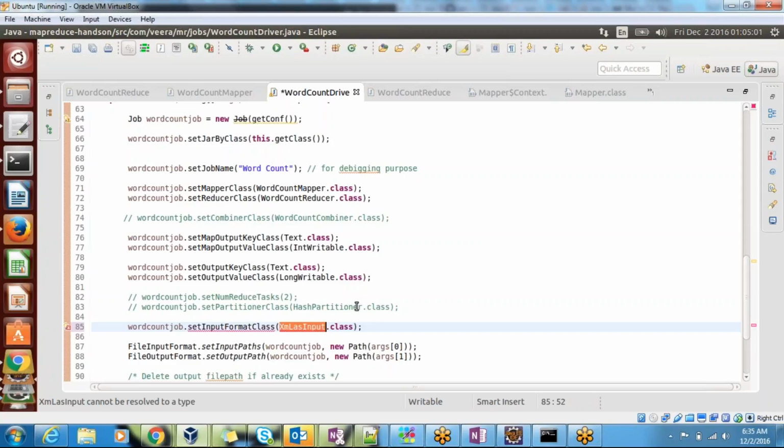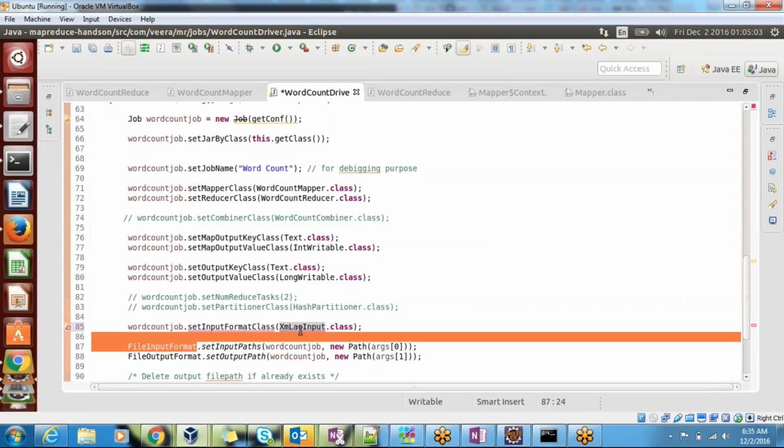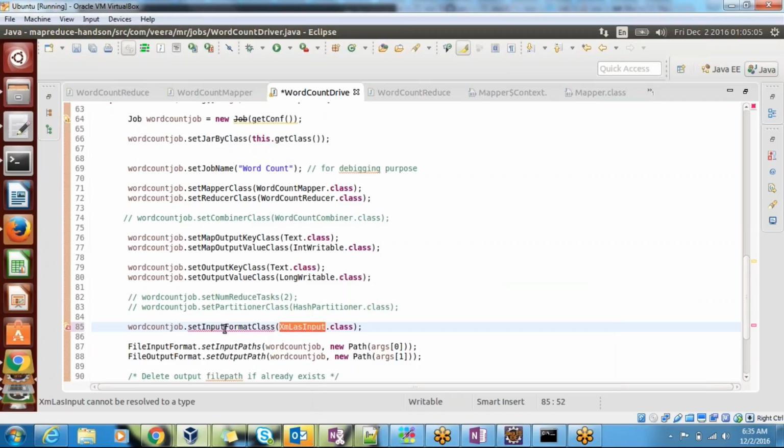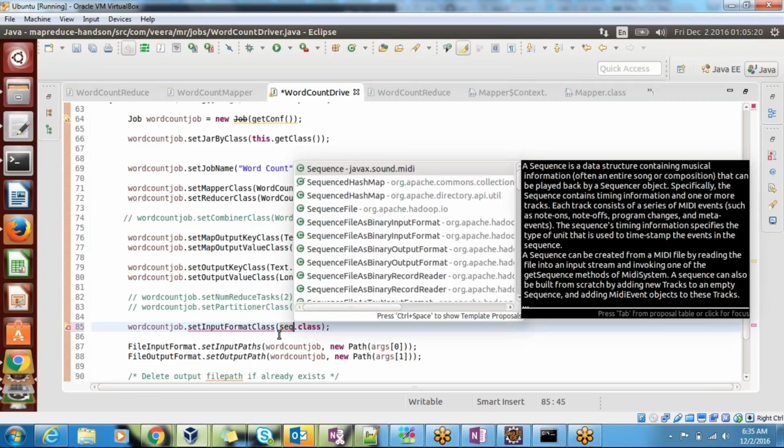I need to tell my job what my input class is by calling set input format class. If it is a text input format, you don't need to tell, because by default your framework can understand. But if it is something like a sequence file input format,